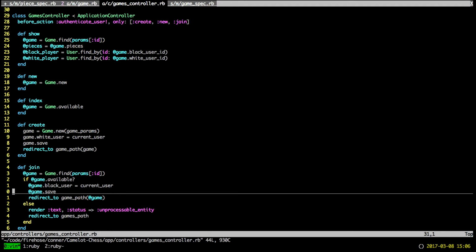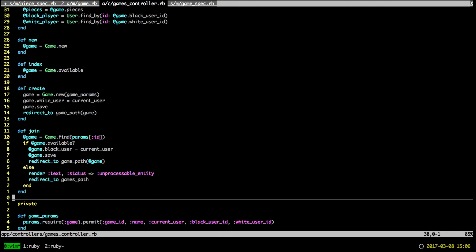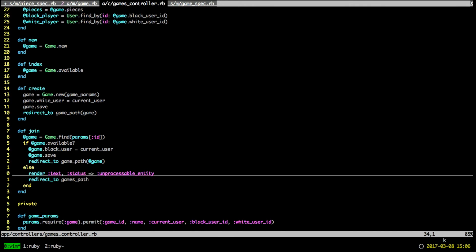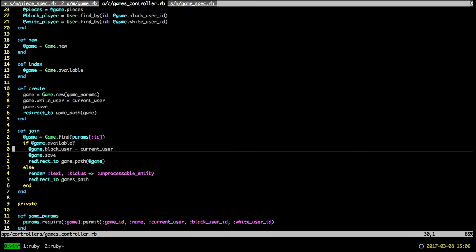So here, all we're doing is connecting. We're not doing anything with the black pieces. We're just attaching the black player, and in a sense, it's a little weird to connect each piece to the user, but it's okay. Now, if you go up to the show,